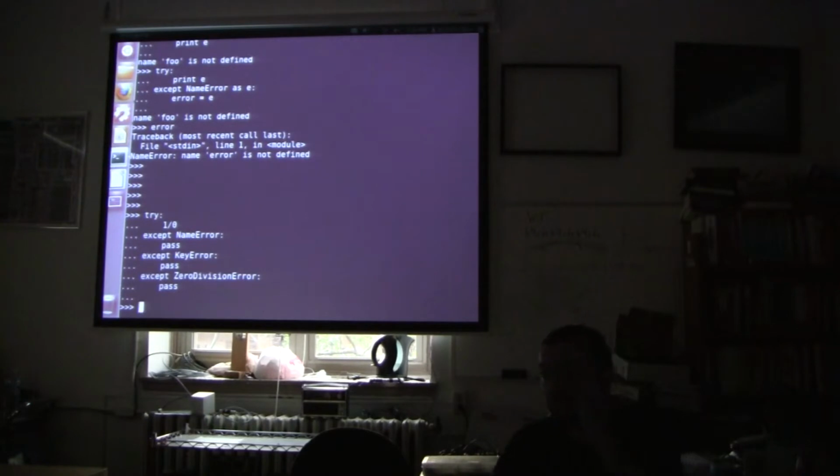That syntax is totally legit, and it will try and figure out which exception matches one of those clauses. So you can chain these as long as you want to handle multiple different exceptions.